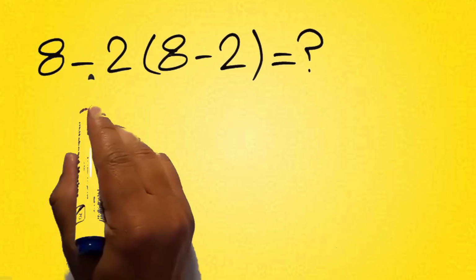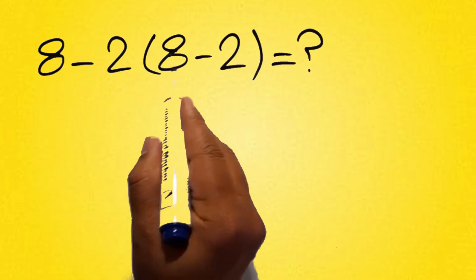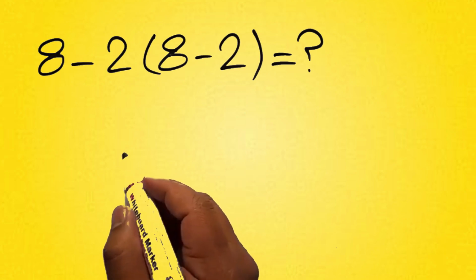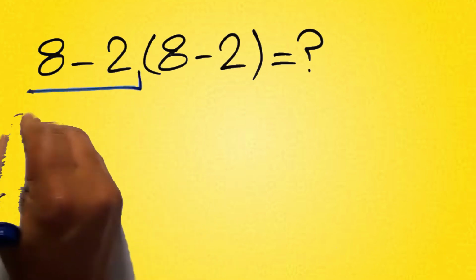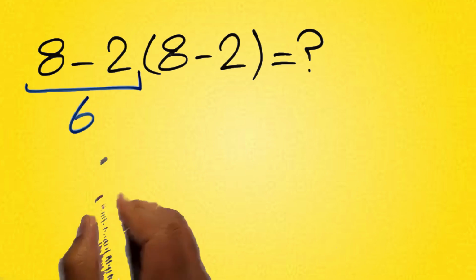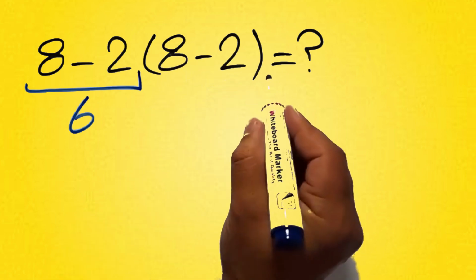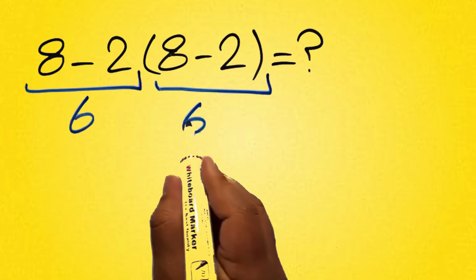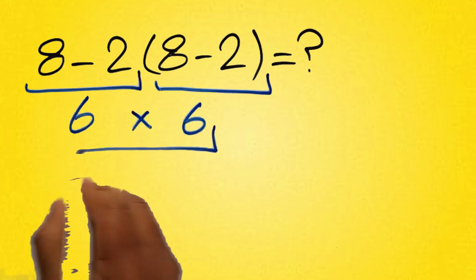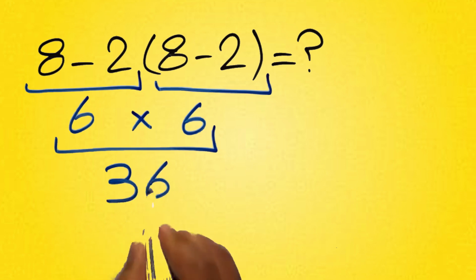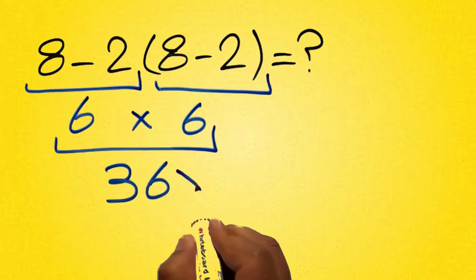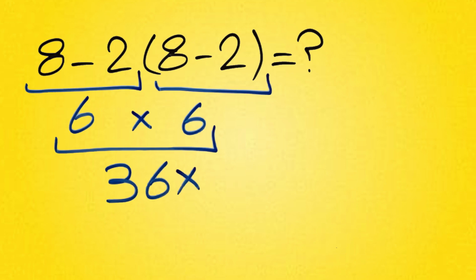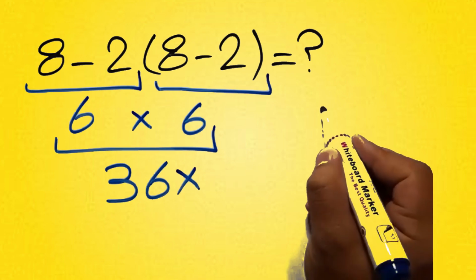8 minus 2 times 8 minus 2. 8 minus 2 is just 6. And again, we have here 8 minus 2. So we have 6 times 6, which equals 36. This answer is not correct, because according to the order of operations, which is PEMDAS,